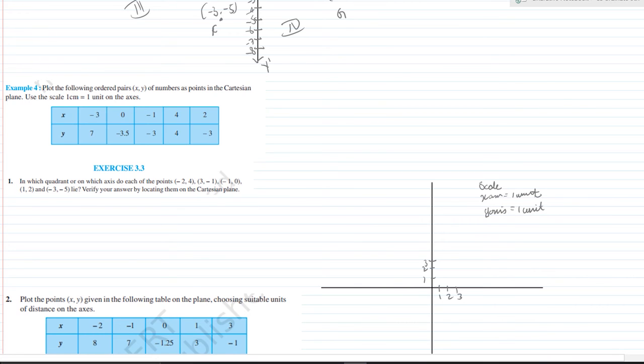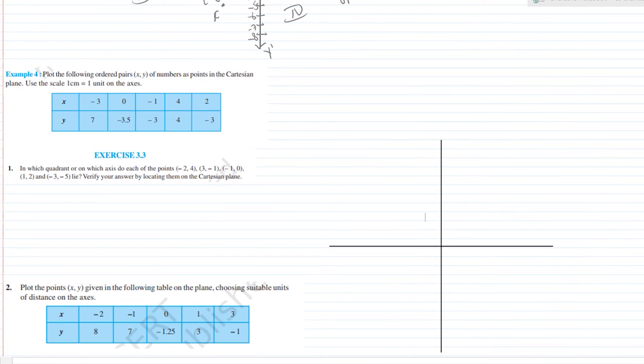But suppose here you take the x-axis as 1 and the second point is 3, it's 5. So our x-axis will be 2 units, because 3 minus 1 is 2. And suppose our y-axis is 4, 8, 12. What is 8 minus 4? 4, right? So the y-axis is equal to 4 units. So this is our way of writing scale.